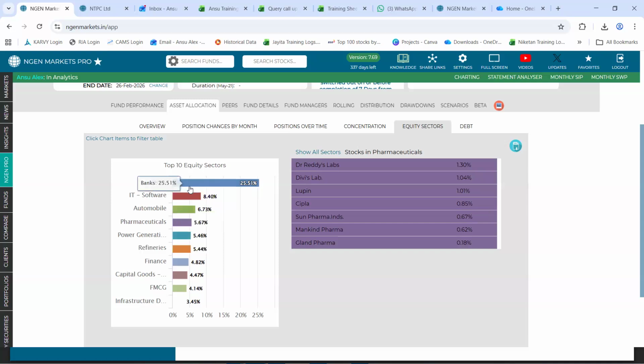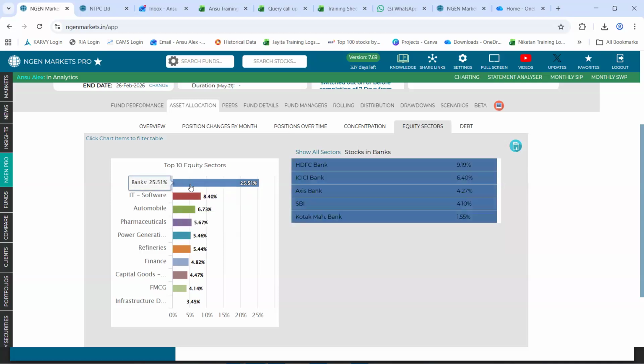So right here, we could see that to an extent of 25%, the exposure is coming from banks as a sector, majorly from HDFC and ICICI Bank, followed by Axis Bank. These are the major three stocks that have exposure in this fund.